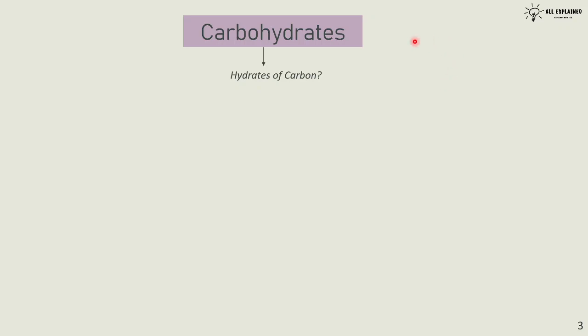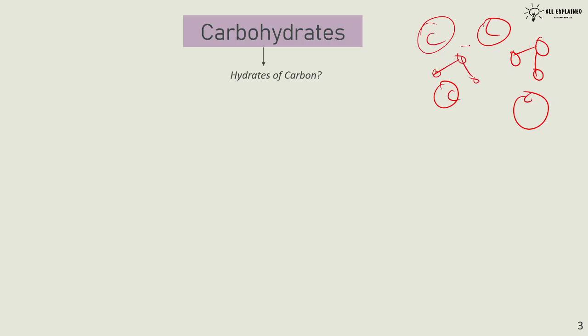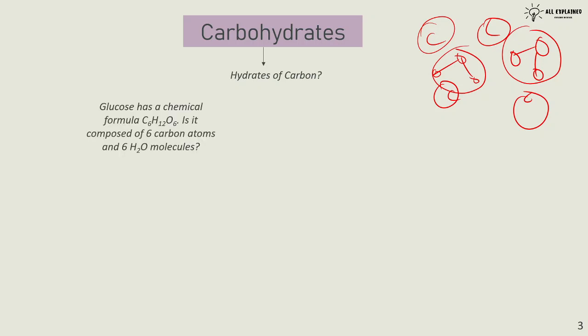So what are these carbohydrates? Initially people thought that carbohydrates were hydrates of carbon. What do I mean by that? They can be thought of as a lattice of carbon and water molecules. So you have carbon atoms and water molecules fitted inside this lattice somehow. So these are carbon atoms basically and water molecules. This way people thought that carbohydrates could be just carbon atoms and water molecules because their formulas were very much like that,